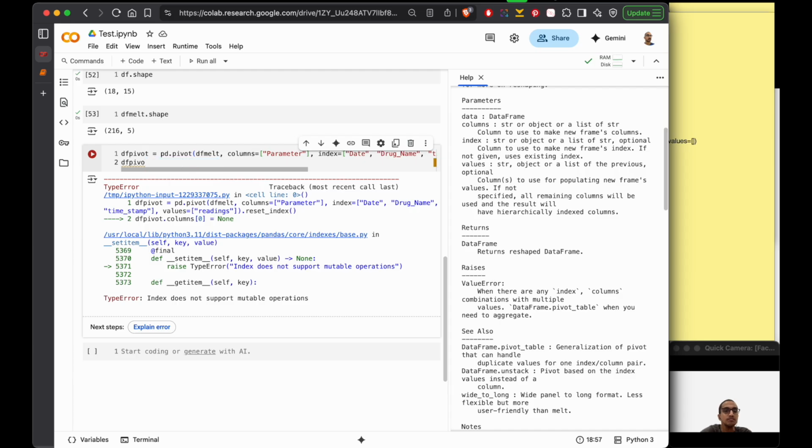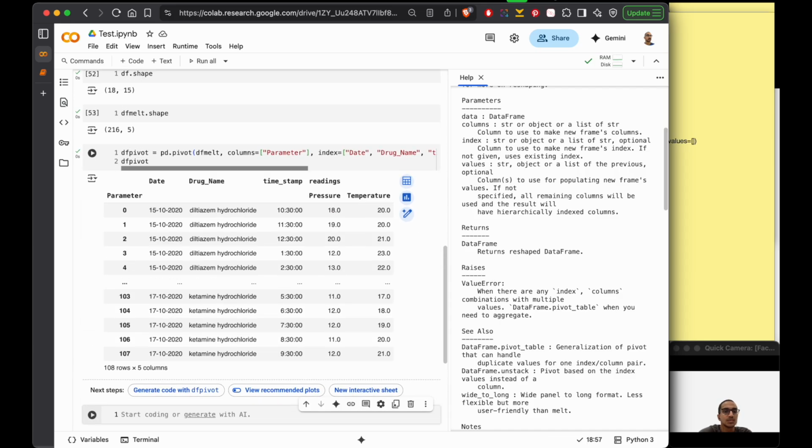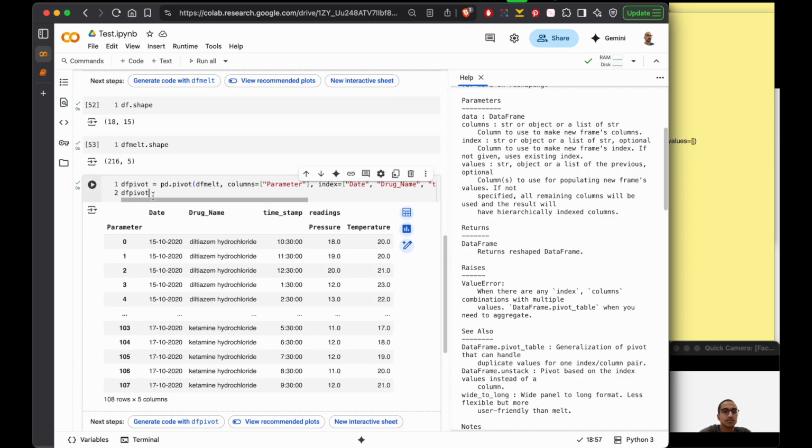Wait. Pivot columns equal to, I think columns dot